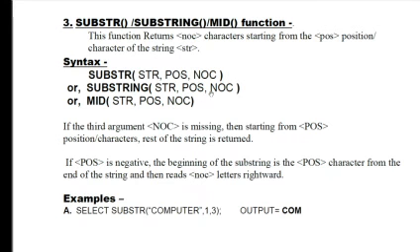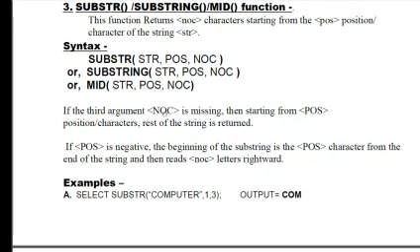You can work this function also with 2 parameters. The third one is optional, but it gives you a different output. As per your need, you can use it. If the third argument, number of characters, is missing, then starting from the specified place, the rest of the letters of the string is returned. That means from the mentioned starting position towards the right-hand side till the end, it returns all the letters.